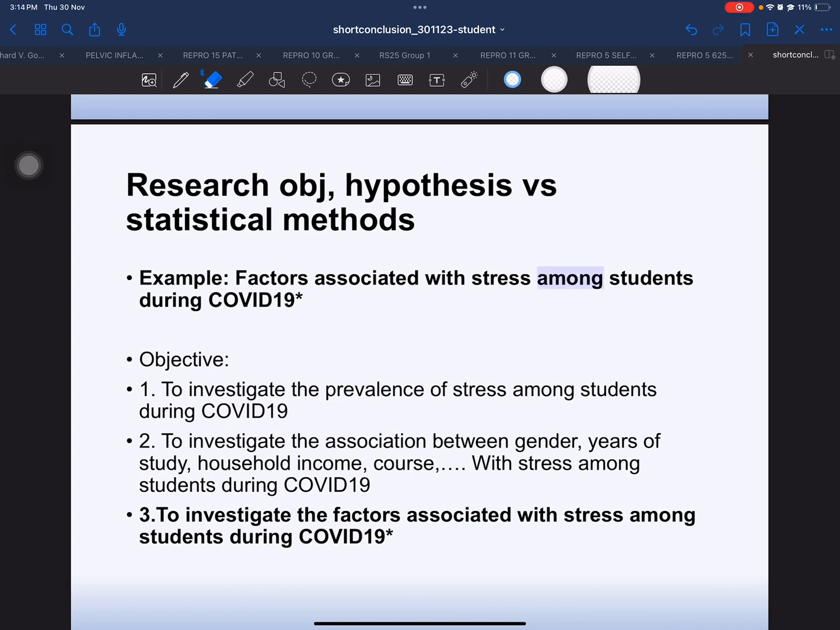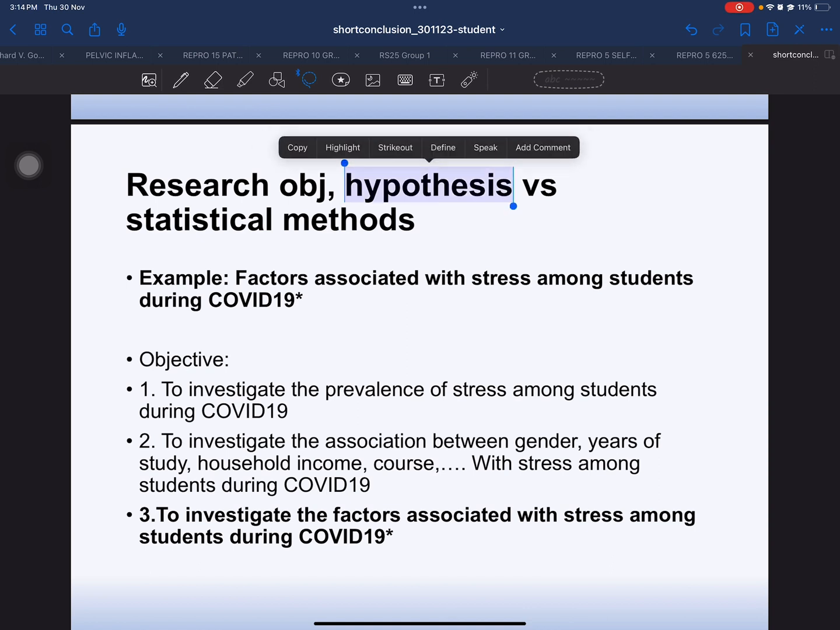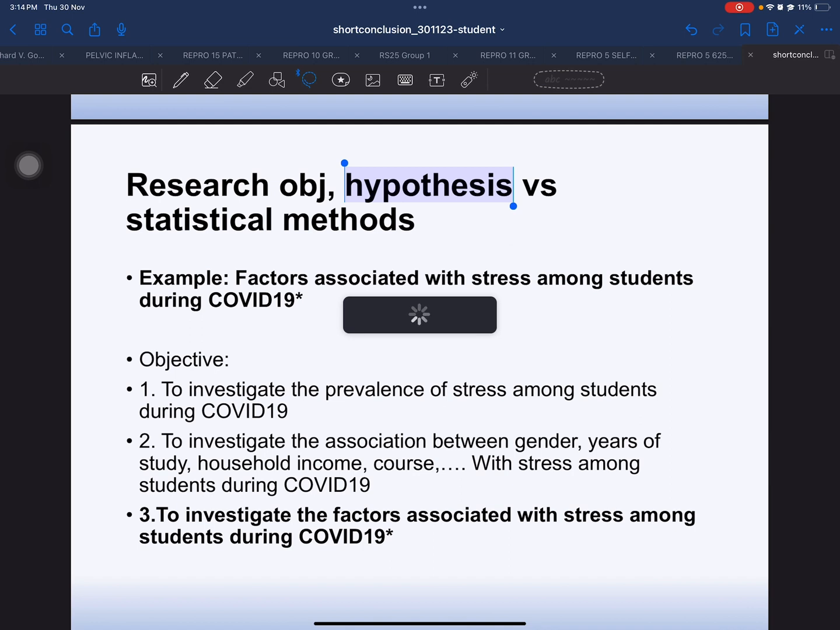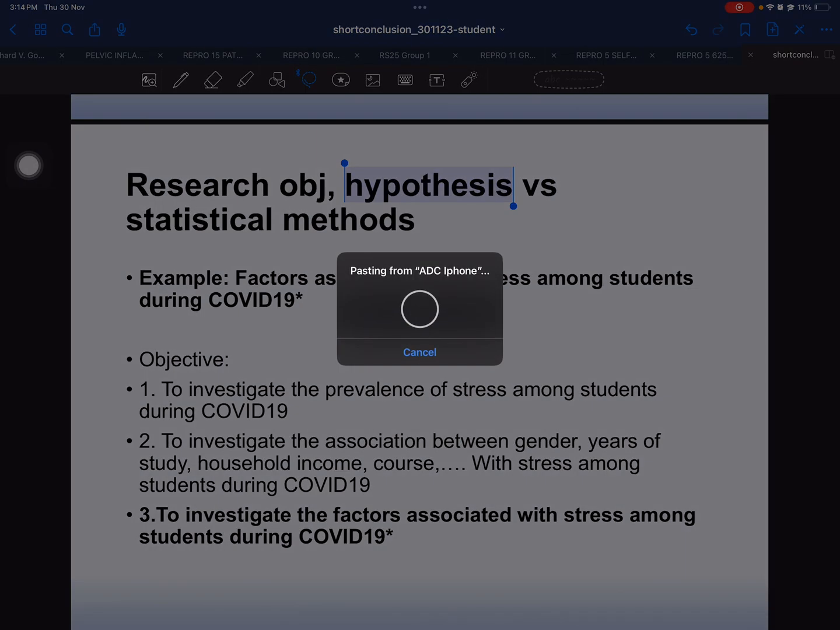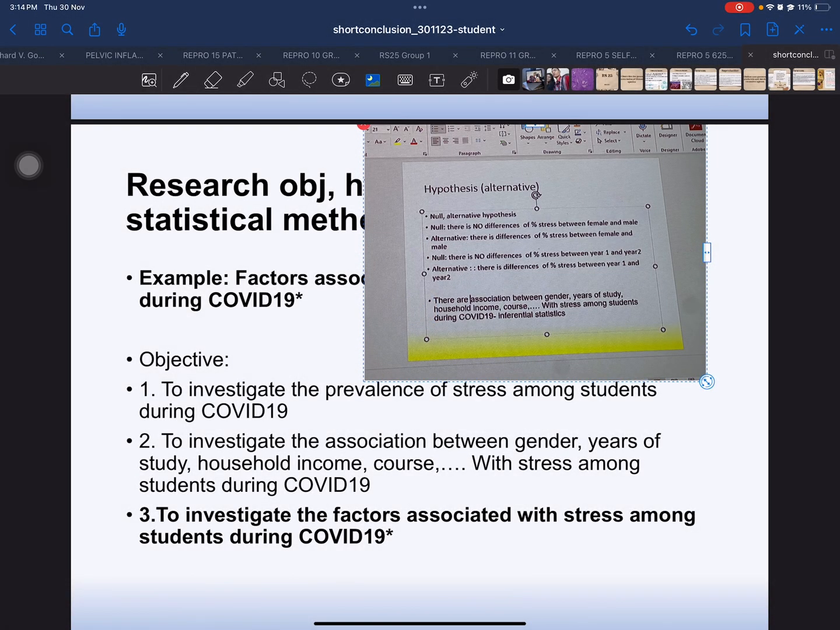If you have categorical data, you just have prevalence of stress. Prevalence is the percentage of stress, because you have no stress, you have stress. So that's why you want to know how many percent of the people have stress. If I change to this writing,